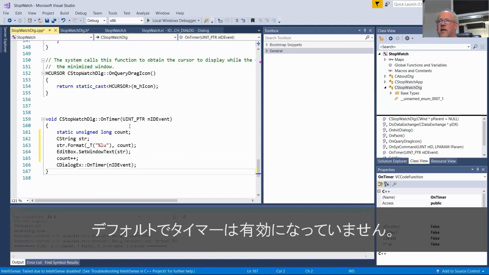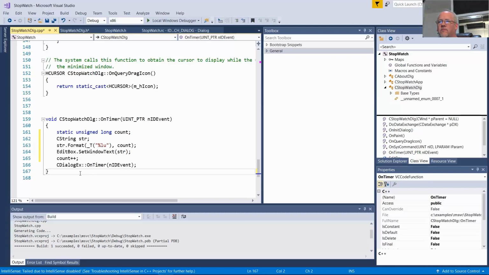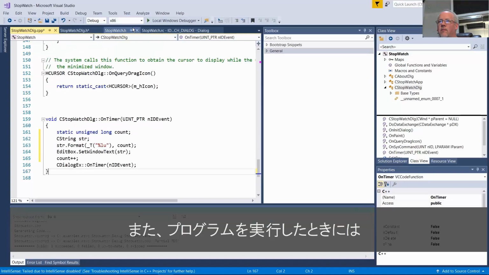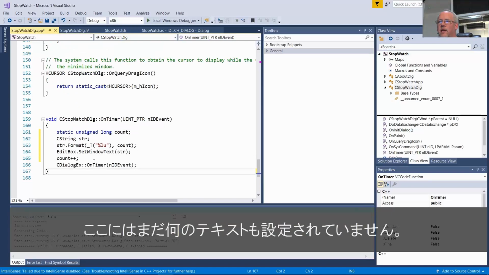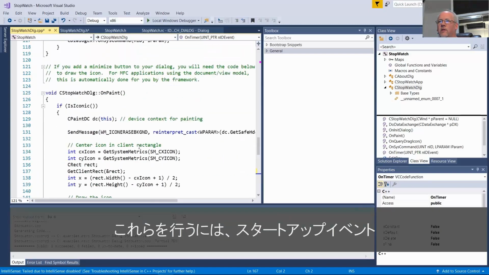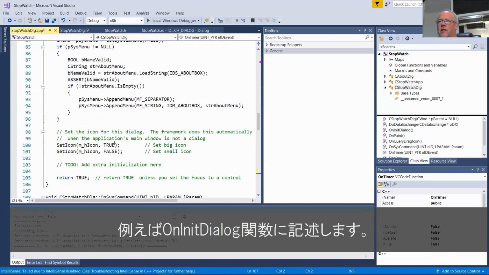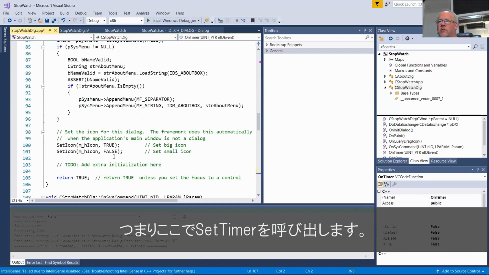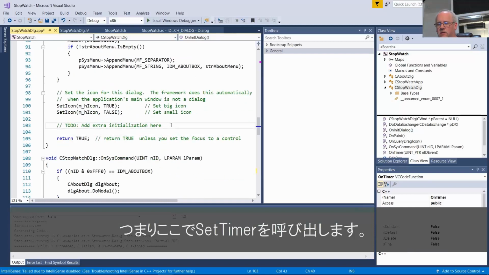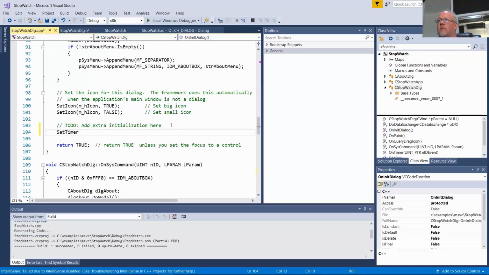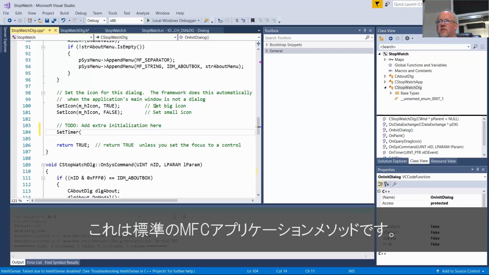Now by default, this timer is actually not going to be enabled. So when we run this program, it's not actually going to set any text in here. We could do this, say, on one of these event startups, like OnInitDialog. The function that we want to call, let's say, is called SetTimer. This is a standard MFC application method.